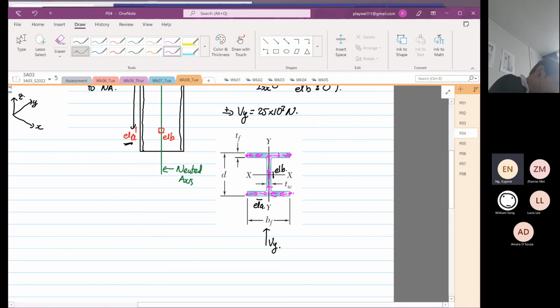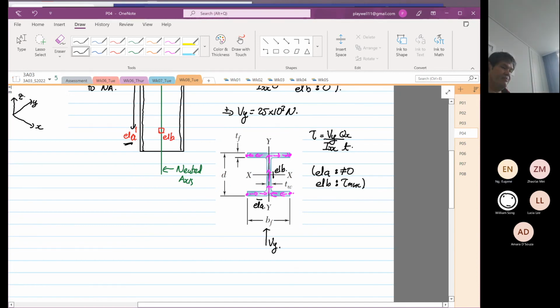Okay. So what we realize over here is the shear stress. So we're going to find the shear stress is equal to Vy over Ixx, right? Qx over t. So from here, we know that at element A, the shear stress is not equal to 0. At element B, the shear stress will be at its what? Maximum. Okay? So this is the analysis that you have to perform